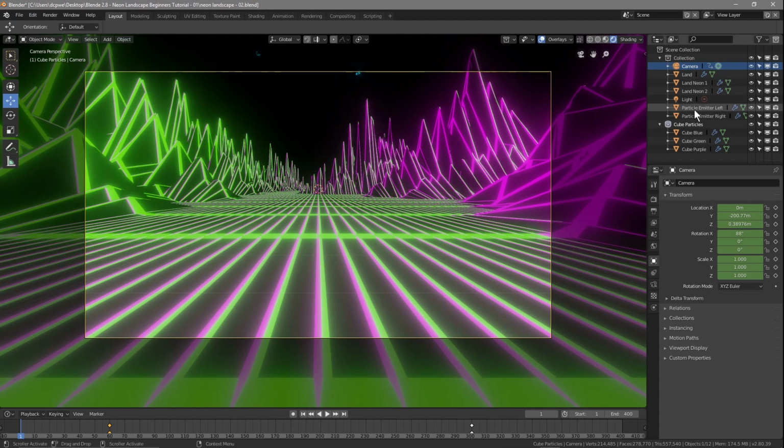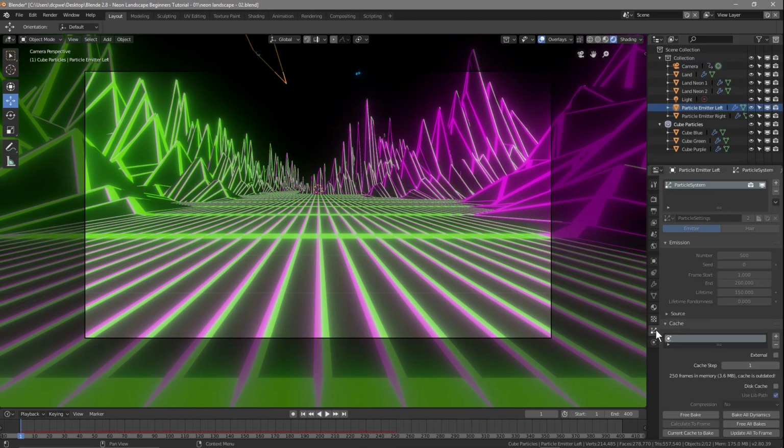And in fact we can go to this particle emitter and go to its settings, and we can free the bake, and we'll set the start frame to 60 here, and click Bake All Dynamics. Now it won't start emitting particles until it gets to frame 60, and we need to do the same for the right one. So click on the right emitter, click on the particle settings, free the bake,